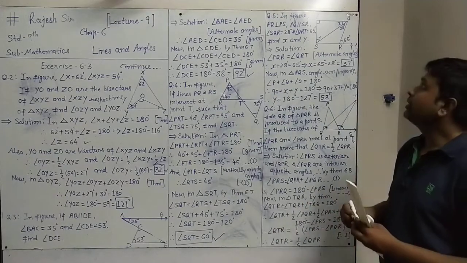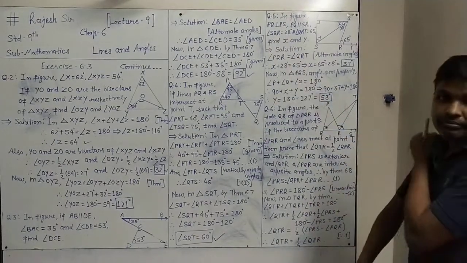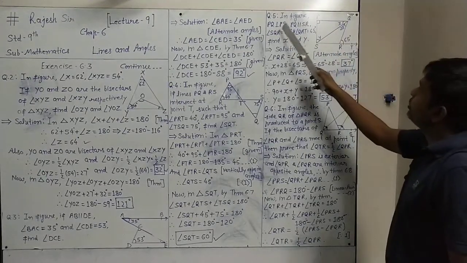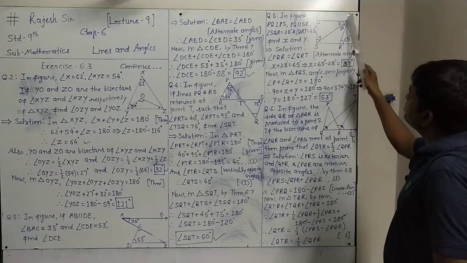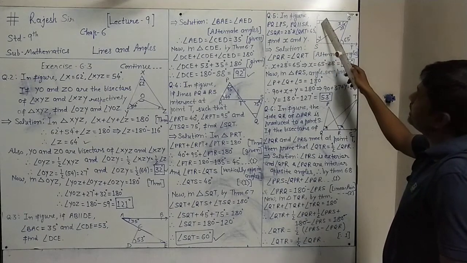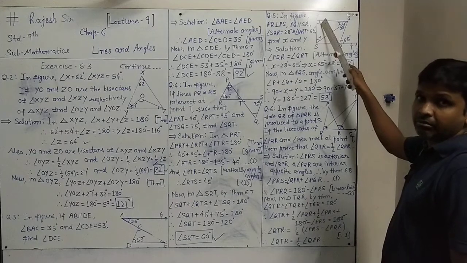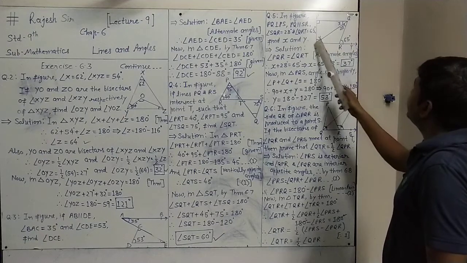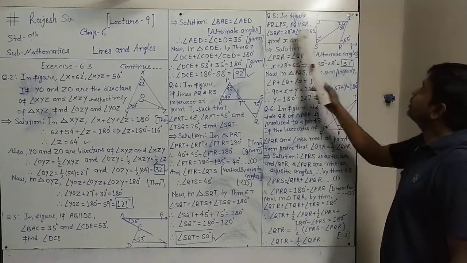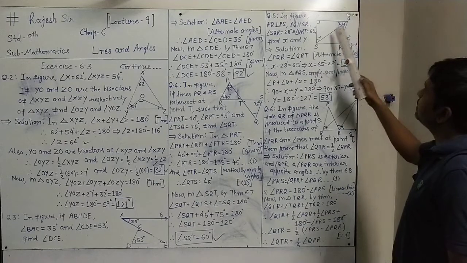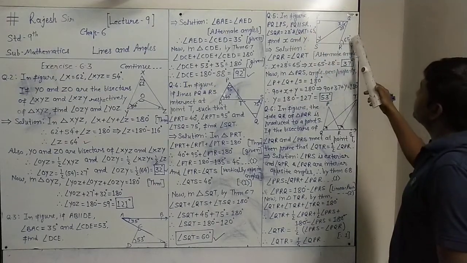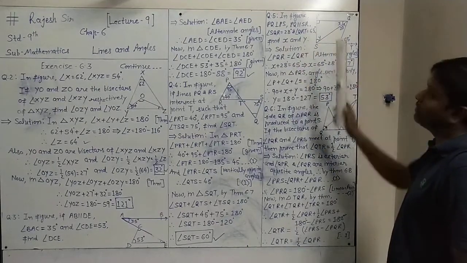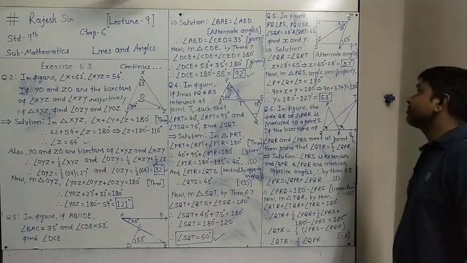Right? Next is question number 5 we have. In that, this figure is given. In this figure, PQ is perpendicular to PS, that means at point P, a 90 degree angle is made. And PQ is parallel to SR, given. Angle SQR is 28 degrees given. Angle QRT is 65 degrees given. Here X and Y are given, so find X and Y. That's the X and Y value we want to find out here.